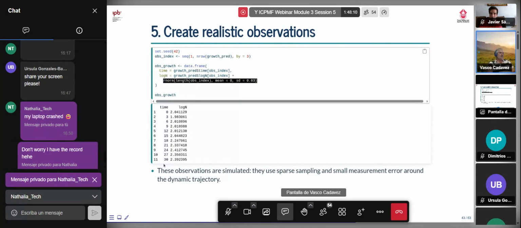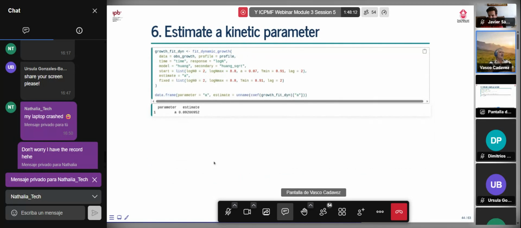And of course, these are the data that we simulate. And then if you want to fit the dynamic grow, you can do the same. Let's say you have your function fit dynamic grow. You need to have your data that we simulate. You need to give the profile, the time, the response, the models, the starting values, and of course